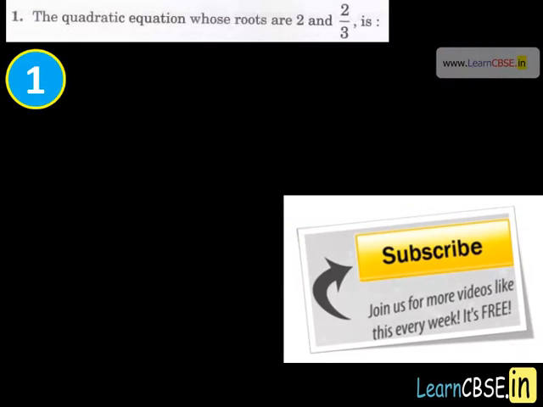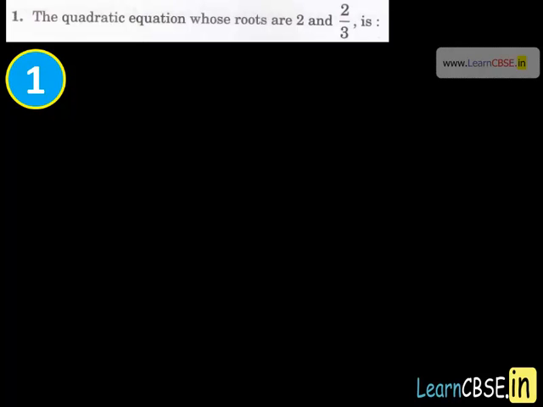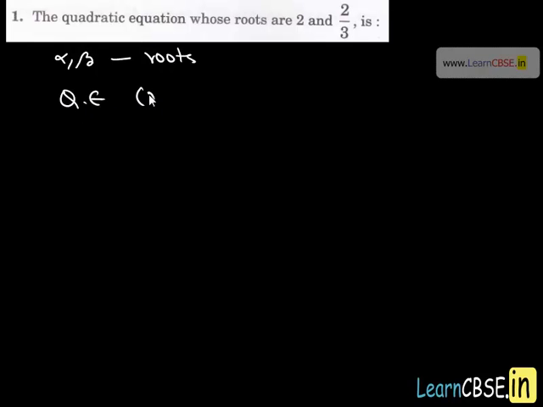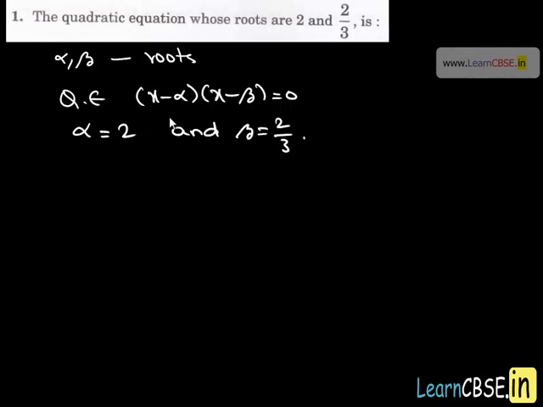In this question, we have to frame a quadratic equation whose roots are 2 and 2 upon 3. If alpha and beta are roots of a quadratic equation, then the quadratic equation is x minus alpha times x minus beta. Here we take the given roots, that is alpha is equal to 2 and beta is equal to 2 upon 3. By substituting these values in the given equation, we get x minus 2 times x minus 2 upon 3